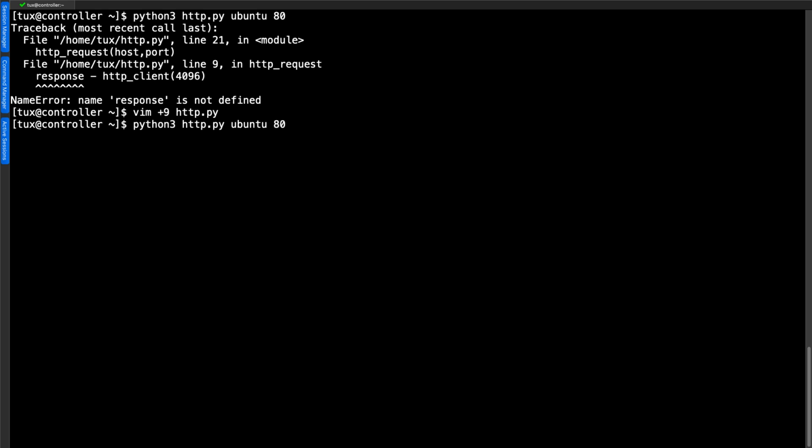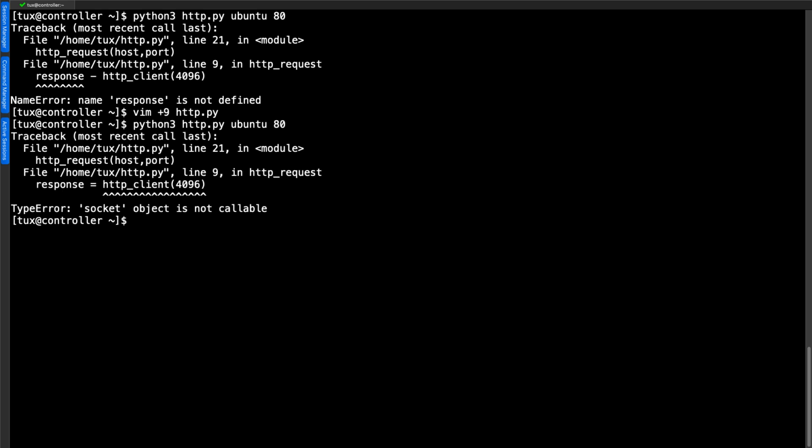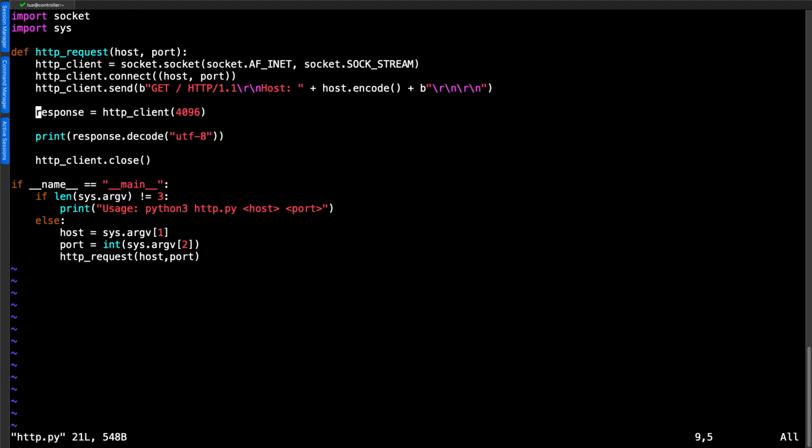As we go through now and execute it, drum roll, and we're still having problems on that same line, but we've moved across a little bit now. The warnings underneath our HTTP_client instance, and we forgot to call the method. So that should be HTTP_client.recv. So we can go back, look at that same line, move to the end of HTTP_client. So that's our instance of our socket, and then just specify .recv. We're good to go with that.